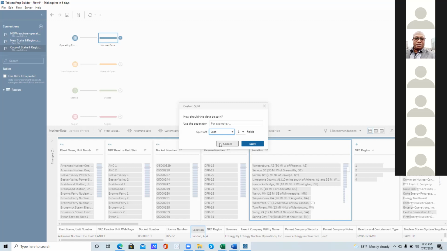So in that case, the best way to split this is to use a space. Click inside where you have use the separator, hit your space button once. Okay, so click on split.